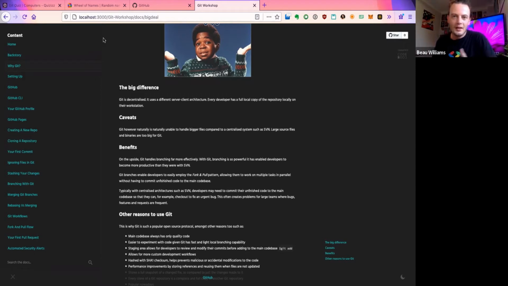So it handles branching really effectively, which enables the fork and pull flow, which is probably one of the most common ways that developers online work on open source. And I'll show that later. And also, I'd say one of the real main benefits that Git provides is that SVN sort of didn't really have the notion of being able to check out and branch and stash changes and offering those kinds of features. So what would happen is,